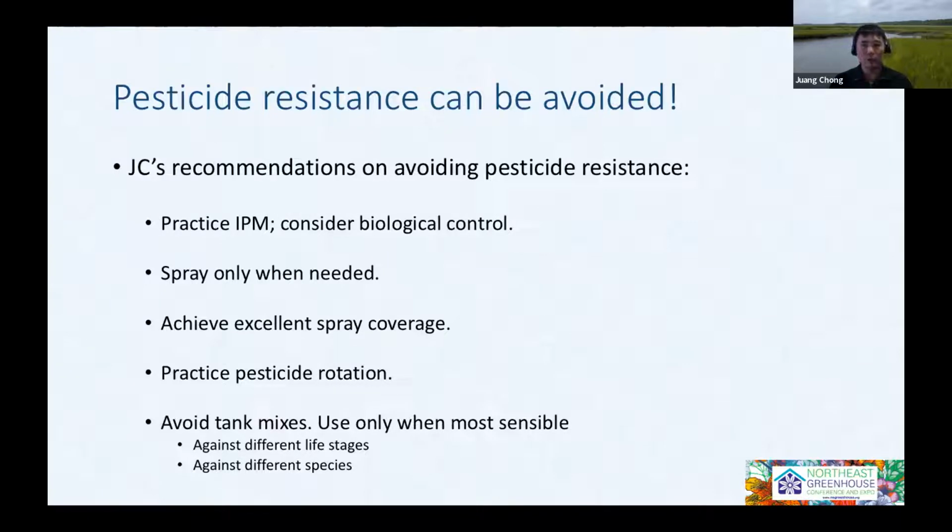You have heard of this over and over again in the past. The most important thing about avoiding pesticide resistance is to practice IPM. Everybody has heard about it, but it is not just using different kinds of control methods. The whole goal of IPM really is to reduce the use of insecticide and miticide, or pesticide in general. So if you practice IPM and really consider using biological control, you can really avoid using insecticide in some ways. So I would recommend that if you're really serious about pesticide resistance, practicing IPM would be the first thing, and